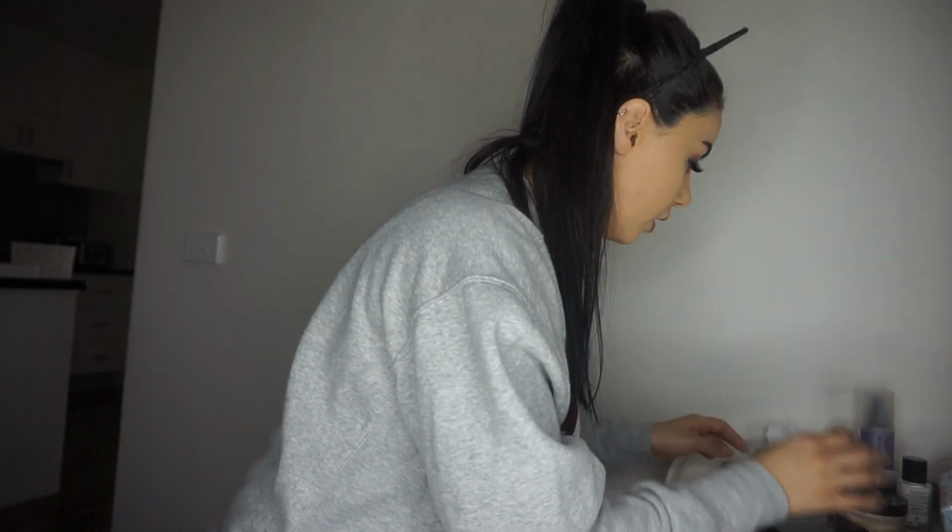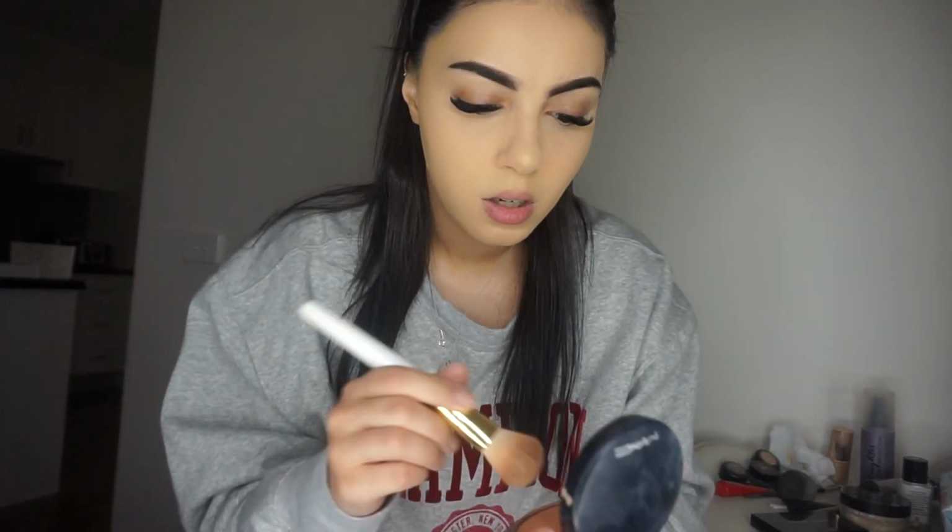Now that we have that done, I will go in and do bronzing. So I use my MAC Give Me Sun bronzer. This thing is life. It is amazing. I swear by it. I'll go in. Always tap off the excess powder because it does come off really dark. And I'll just kind of do a